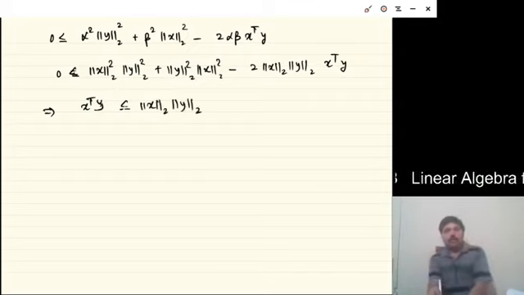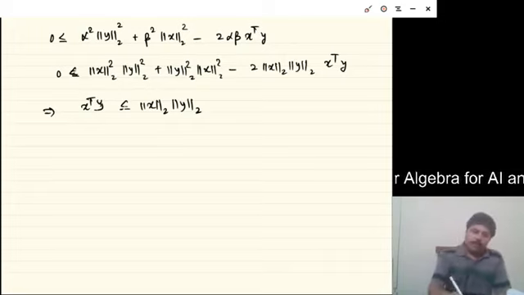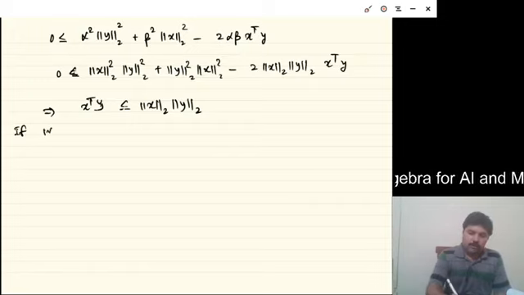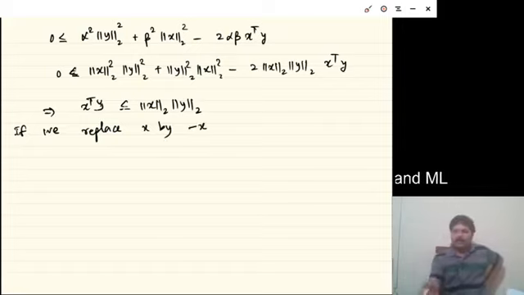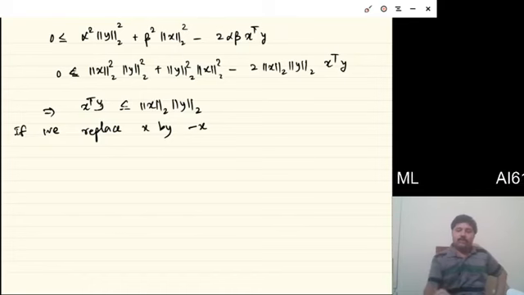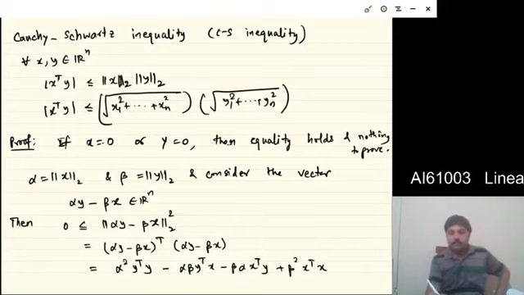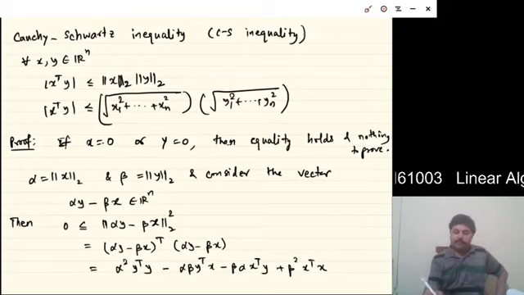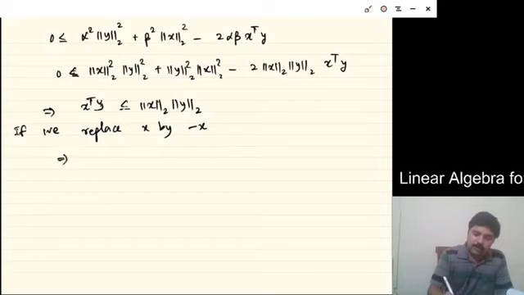I hope you all understand what we have just achieved. And if we replace x by minus x, so x is a vector, similarly minus x is also a vector. So I do the entire business for x replaced by minus x. So instead of this x here, I will put a minus x. So I am basically looking at alpha y plus beta x whole square. Perform the whole analysis once again. What will I really get? I will really get minus x transpose y is less than or equal to